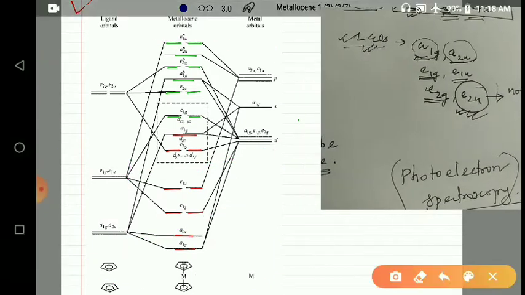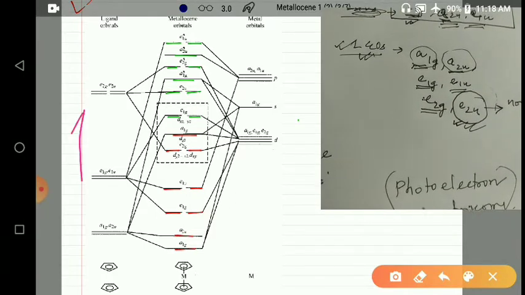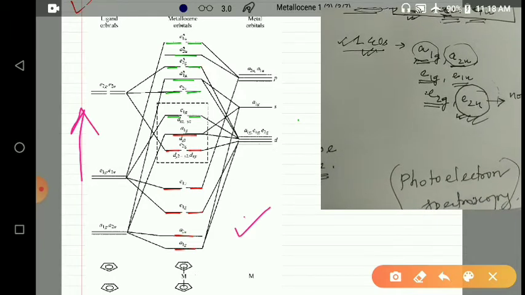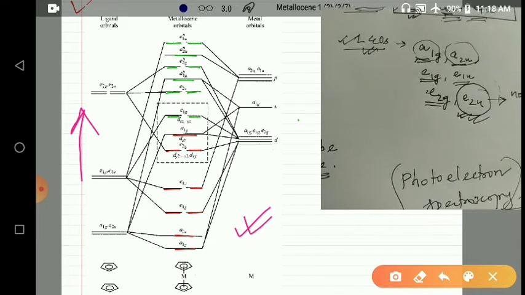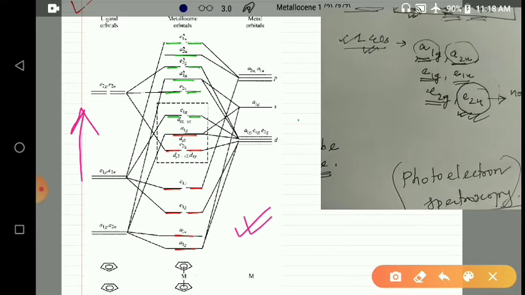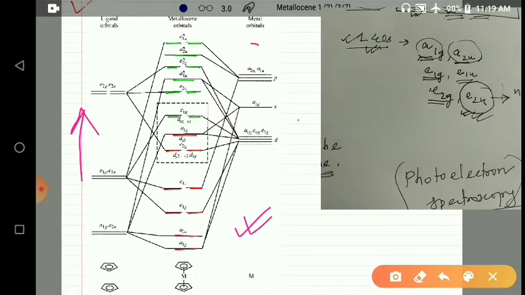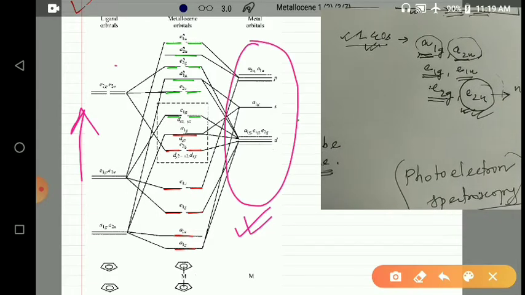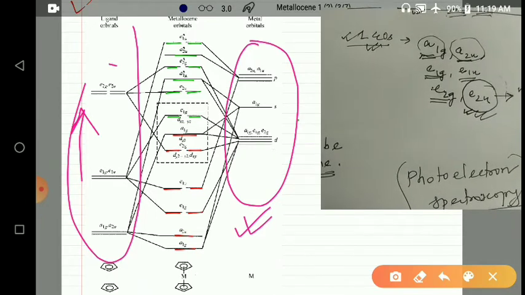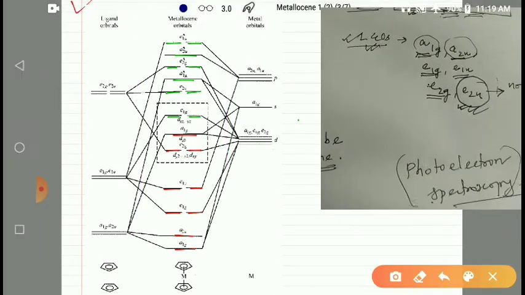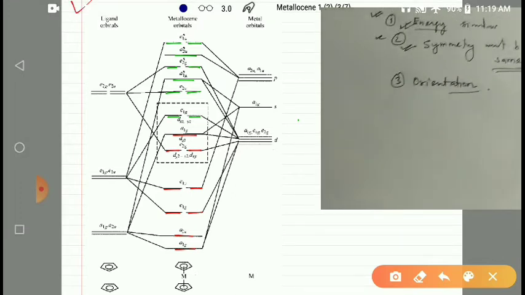So now we have the molecular orbital diagram. From this diagram, what knowledge can we gain? First of all, we have these energies. Now we can see the combinations, and we can even see the possibility